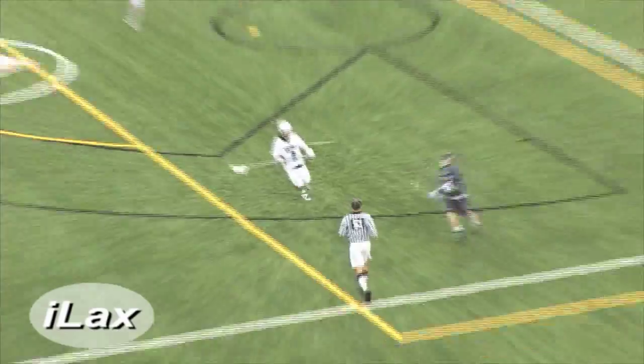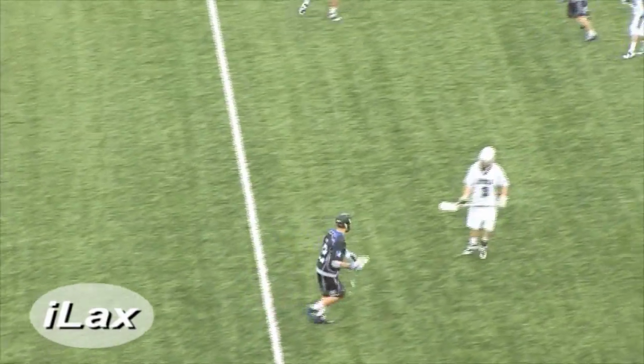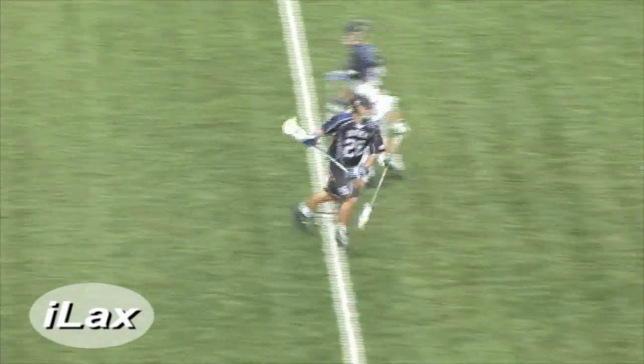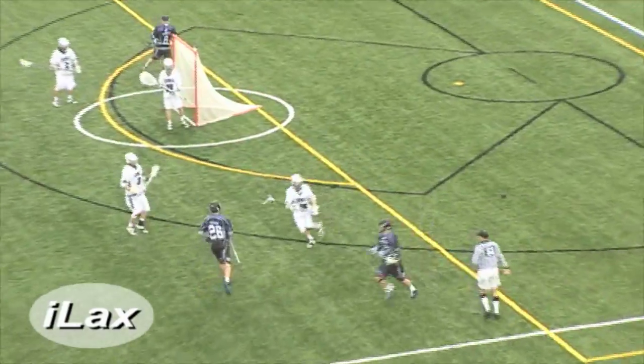Quinzani receives it from Crotty. Up top it goes to Turry. Turry with Baszler on him. Over it goes to Rotans. Rotans sweeping to his right. Wants to throw behind. He opts not to. Throws it down to Crotty. Crotty goes back up top